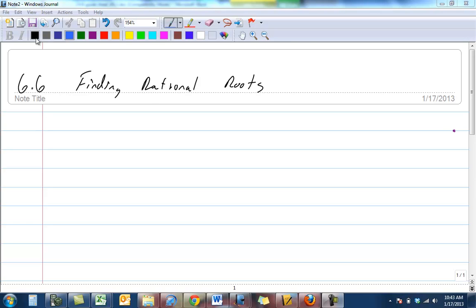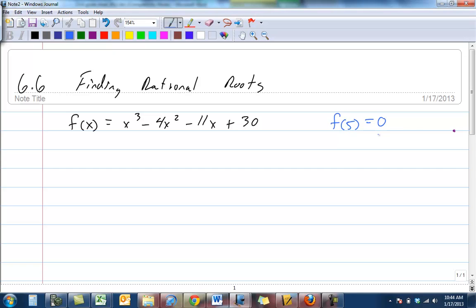All right, 6.6 is about finding rational roots. Let's get to it. So far, where you should be at this moment is that if I told you that f of x is equal to x to the third minus 4x squared minus 11x plus 30, this is some function. But if I told you that f of 5 equals 0, that should tell you, hopefully,